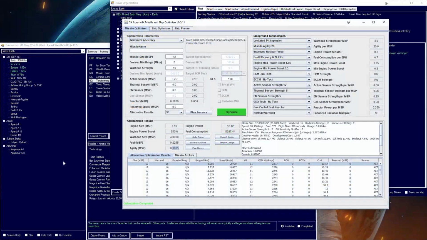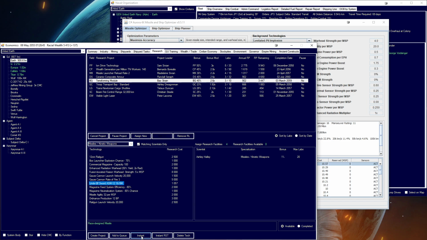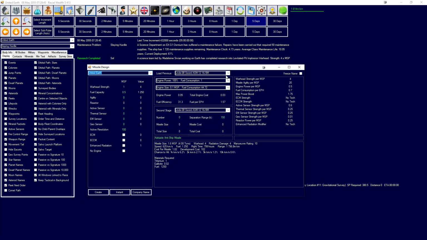Close that. Bring up our research. Go to missiles kinetic. And there we go. And I'm going to instant it from here. Now, bring back up the missile. And here we go. Again, you might be saying, well, what are we going to do here? We're going to get rid of everything. Just completely zero this. I'm going to say you've got no engine. But then, I would like you to have a sensor on board. The resolution is fine. And by ticking no engine, we've kind of done away with that. And then I would like 1 Lindelf Sword ASM. And the separation range, which is in thousands. So we want the separation range to be...